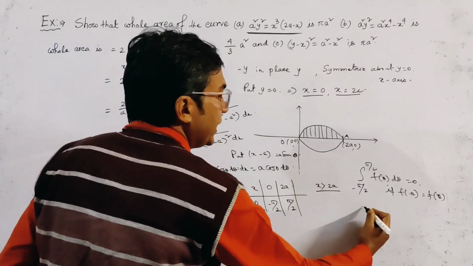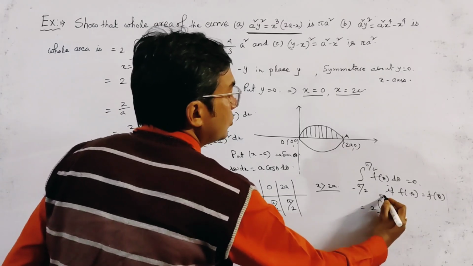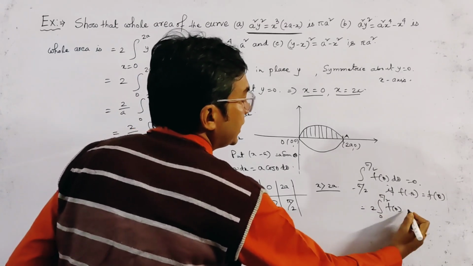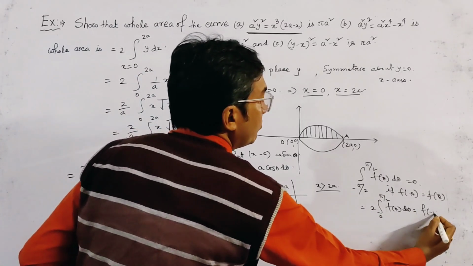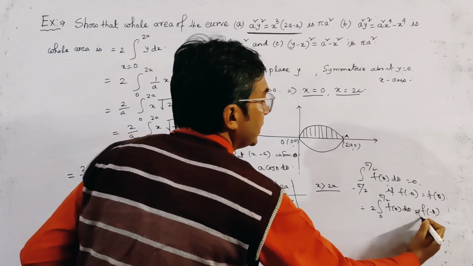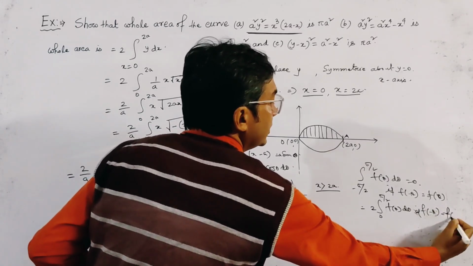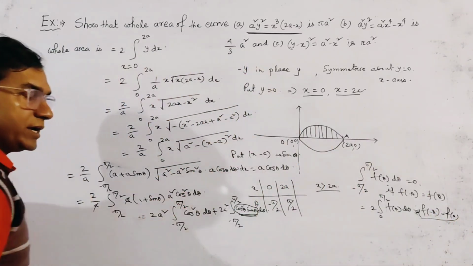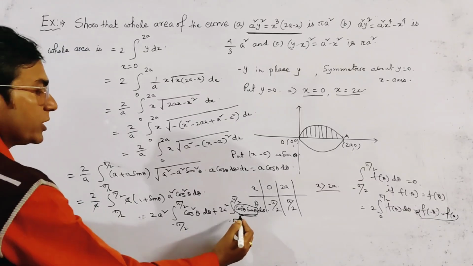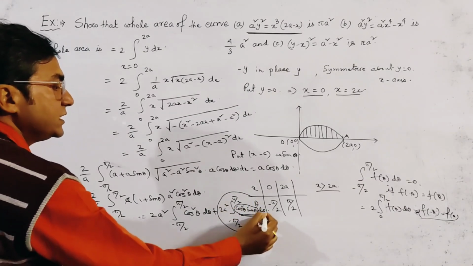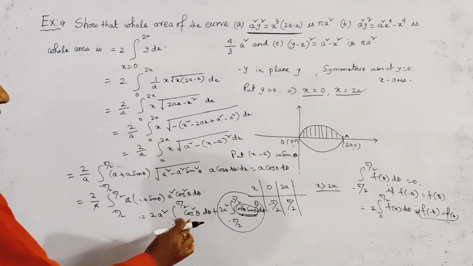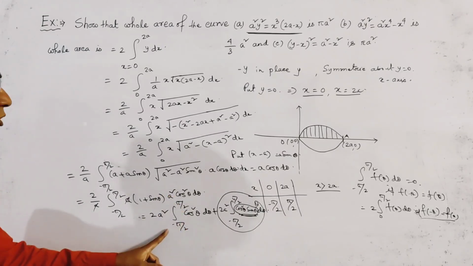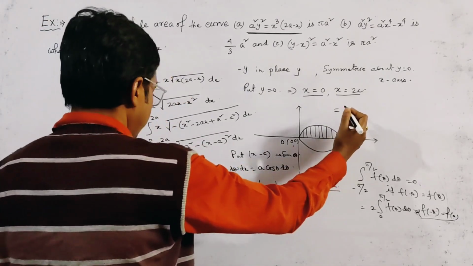And also we get 2 into integration 0 to pi by 2 f(theta) d theta, if f(minus theta) is equal to f(theta), that is if it is an even function. So from here we get this integration becomes 0, and this integration is equal to,